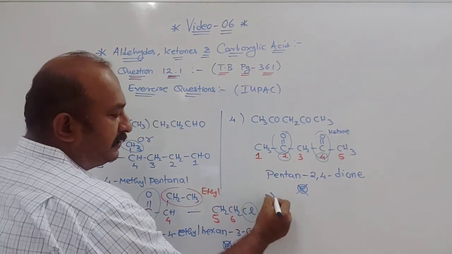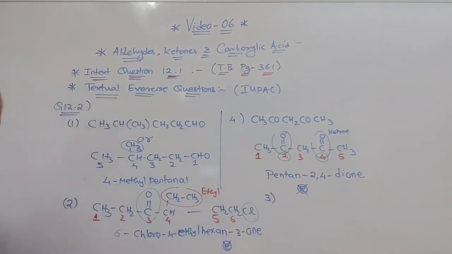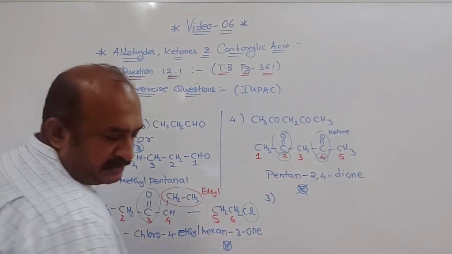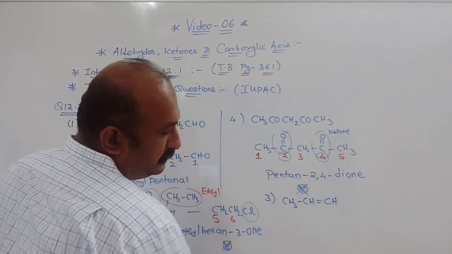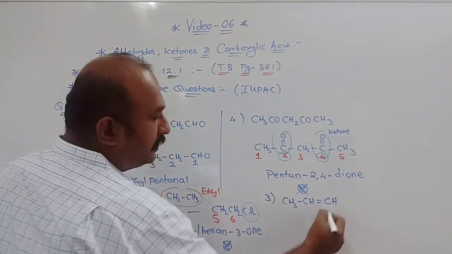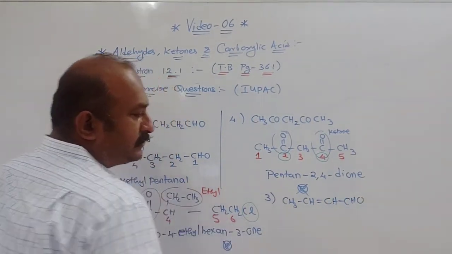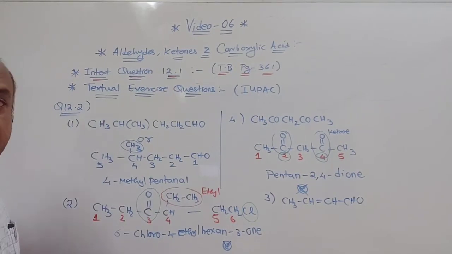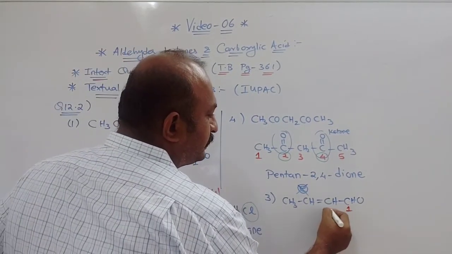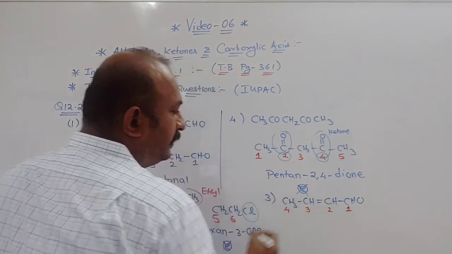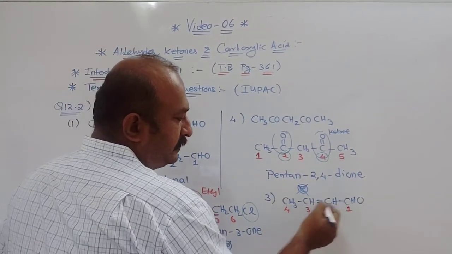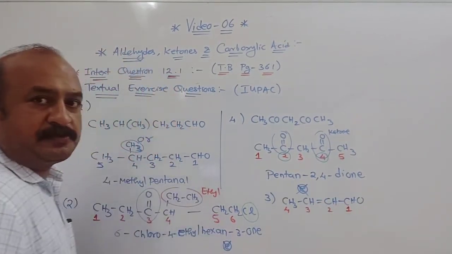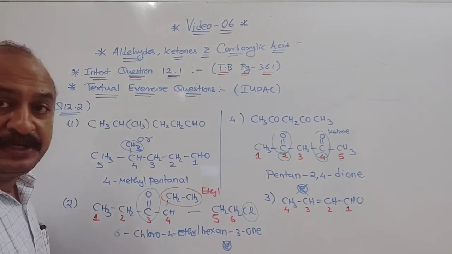Now the third question. Second, third and then fourth you can write down this. The third question is also easy. It is written like this. That is CH3, CH double bond CH, single bond CHO like this. Okay. So in this you can directly give numbering like this. Here this will be 1, this will be 2, this will be 3 and this will be 4. Understood? So in this case, 4 carbons means butane, but there is a double bond, so butene it is.